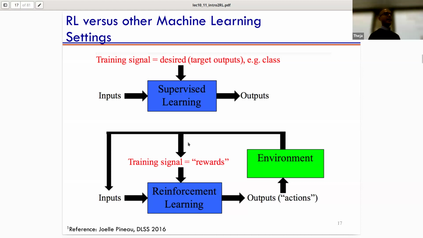And the environment gives back a signal which is not what is the right action to do. If it said, hey, this is the action you took, this was the right action to do, then that's not really reinforcement learning. You take some action, it only tells you how good that action was in that situation. So it's kind of limited, and you have to use that